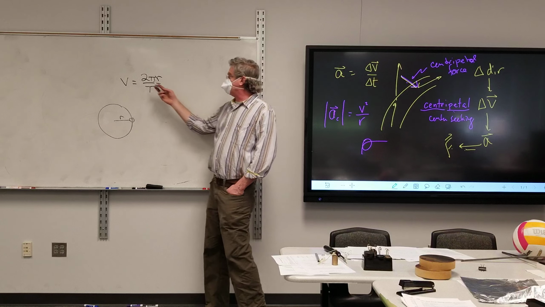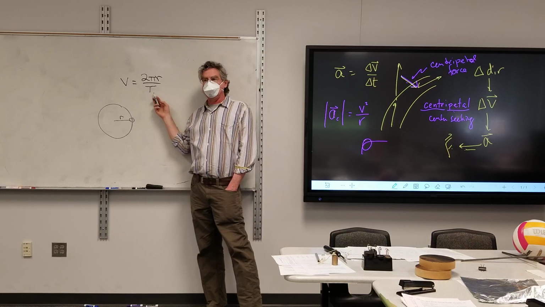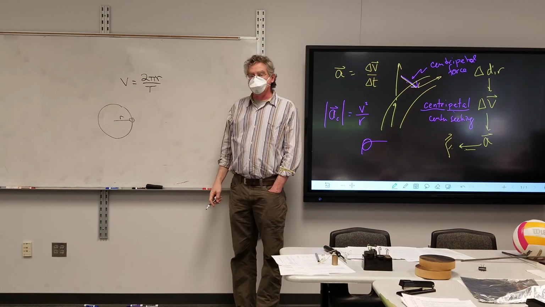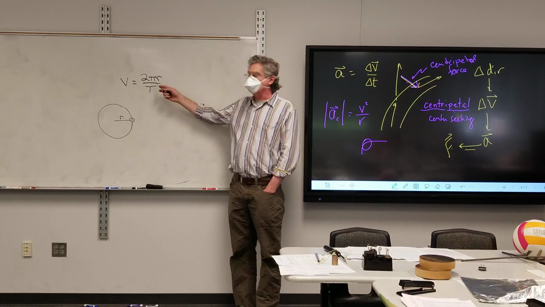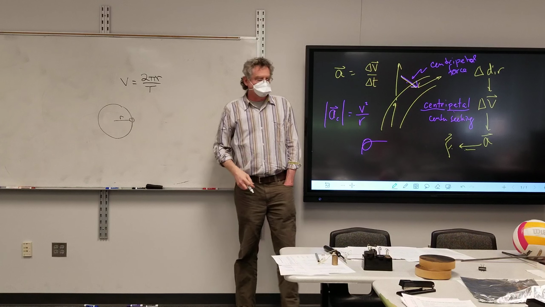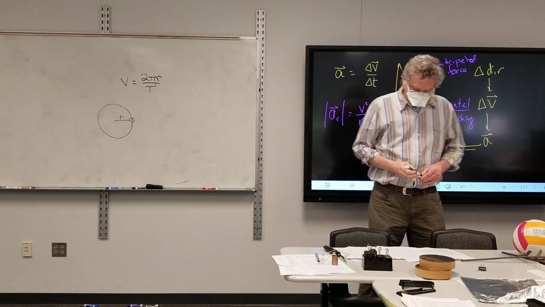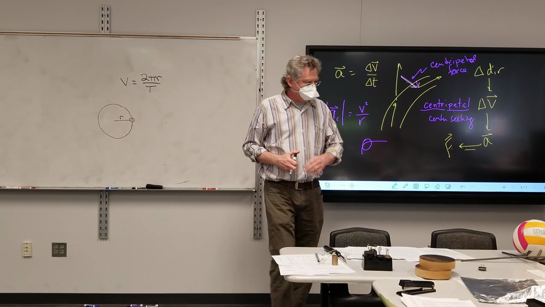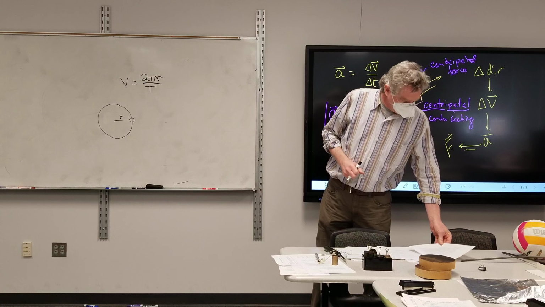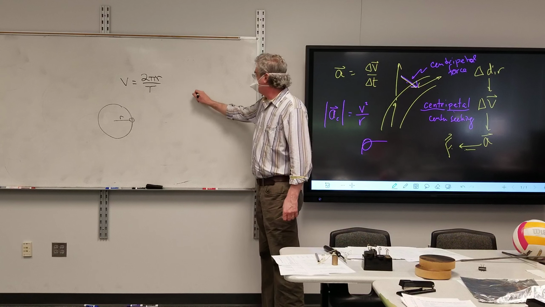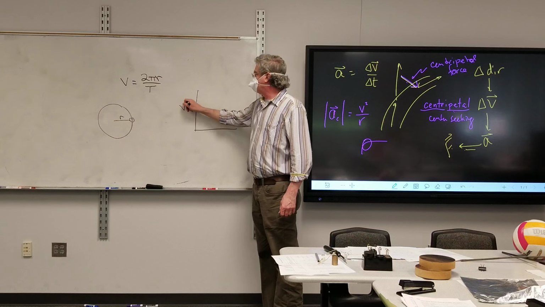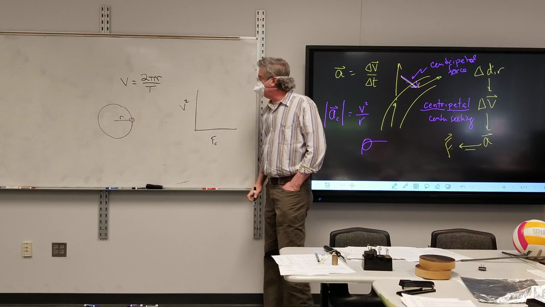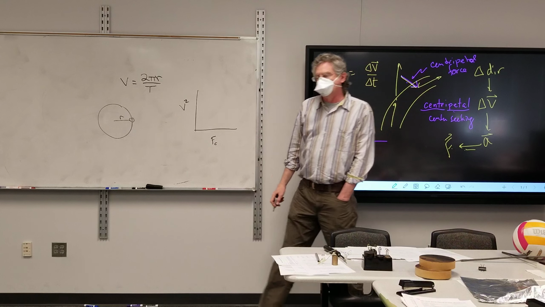And so your speed is just going to be the distance it travels divided by time. Then your speed squared is whatever number you get there, squared. You're going to do a plot, linear speed squared versus centripetal force. So we do speed squared versus the centripetal force. Now the centripetal force,